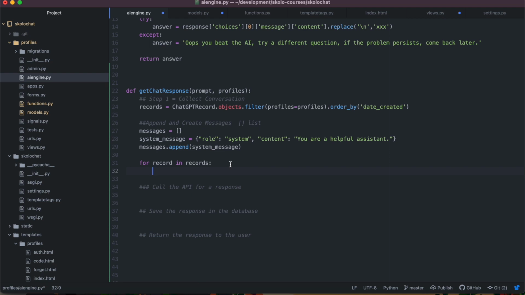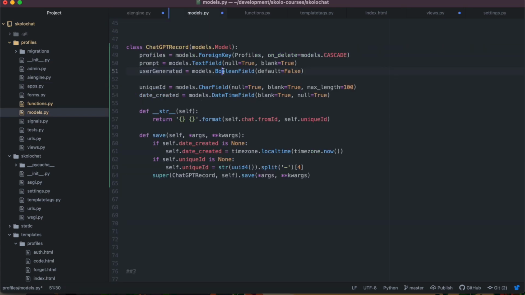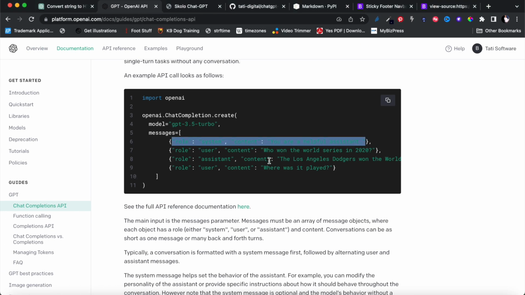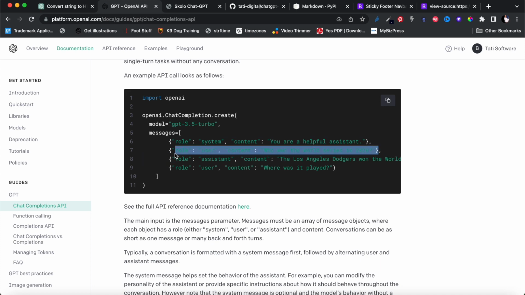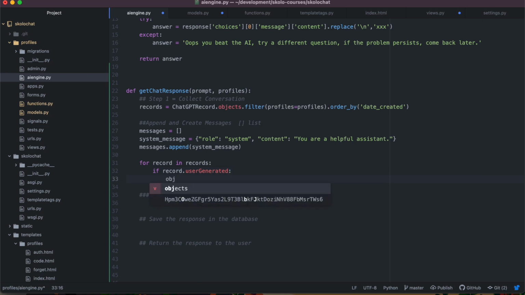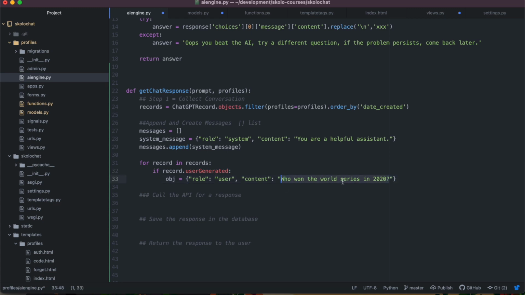So we'll say if record.user_generated, then we know that this was generated by the user, because when we save this, we will say true or false based on whether or not it was a system or a user message. If it's user generated, then we need to use this object, right? If it's user generated, we're going to say the obj is equal to this. The role is the user and the content is that, and the content over here, we can actually just say the content is going to be,